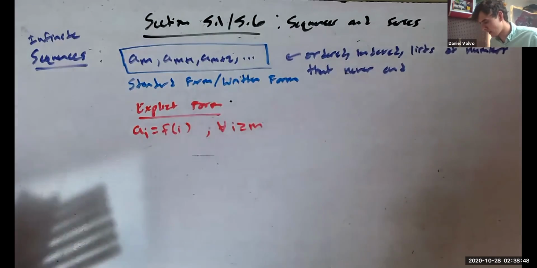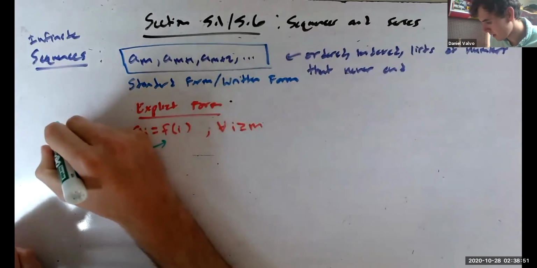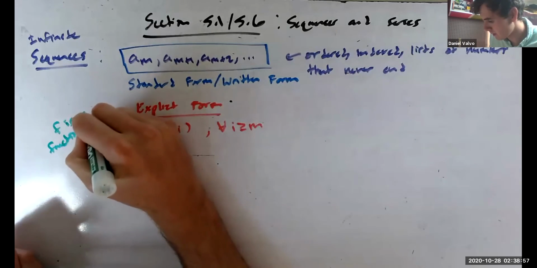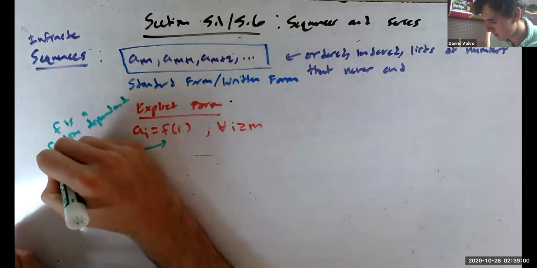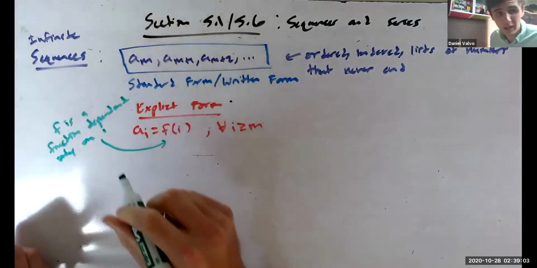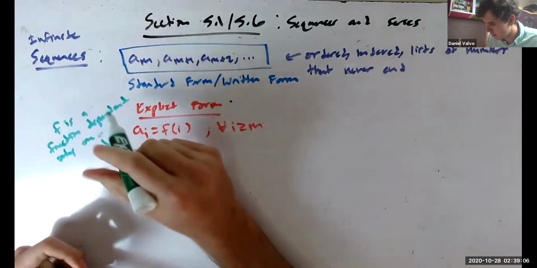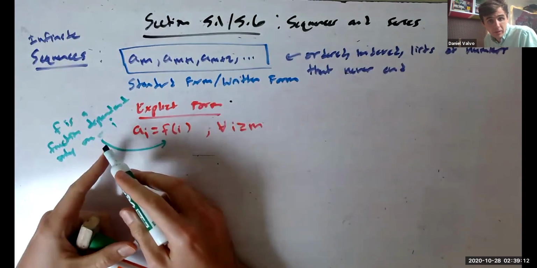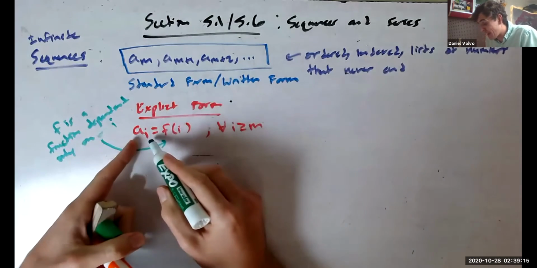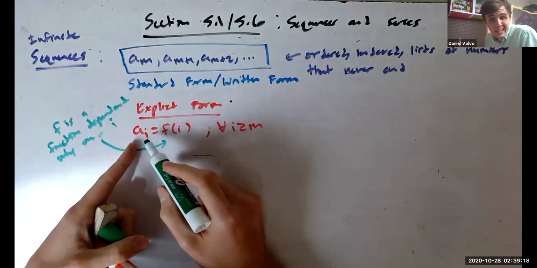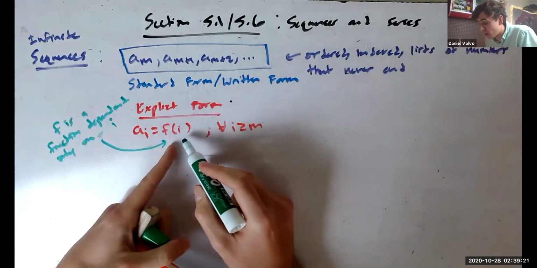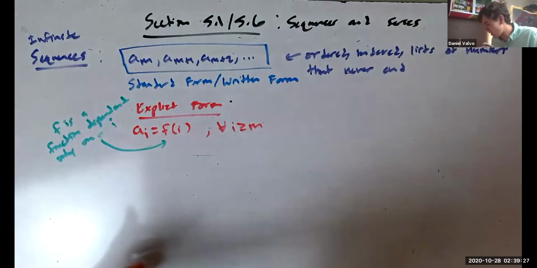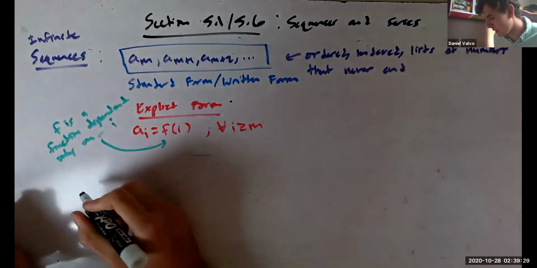The thing to note being, f is a function dependent only on i, where i is the index. So the way we write something in explicit form is we just write what each term is in terms of some function dependent on the index. So an example of that would be